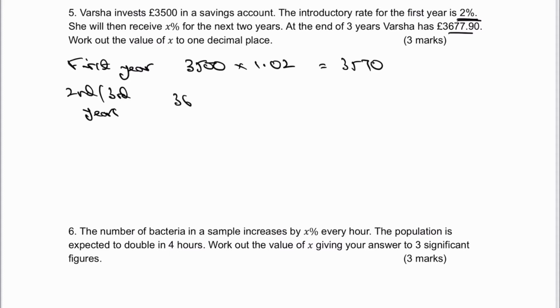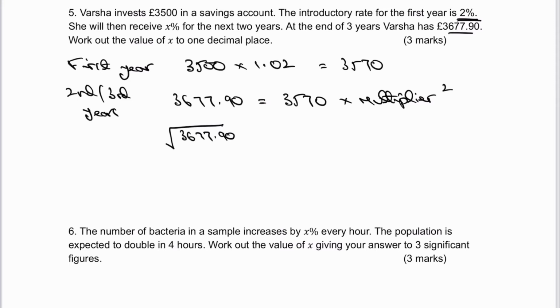So she's got £3,677.90, and that's made up of her initial amount, which is 3,570, multiplied by whatever the value of x is, which is the multiplier to the power of 2. Okay, so if I want to rearrange that, what I'm going to do is the square root of 3677.90 divided by 3570, and that's going to give me the actual multiplier, which is